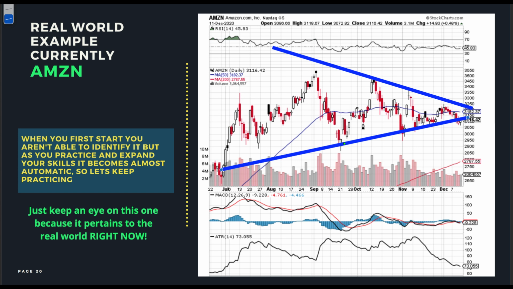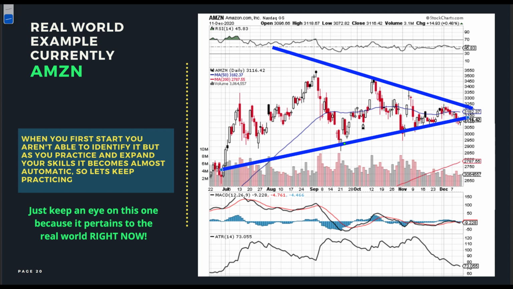It's only obvious after the fact, just like everything else. Like say the market drops, you're like, oh yeah, that was obvious. I knew it was going to drop. Even though, did you know it was going to drop before it happened, right? So everything's obvious after the fact. It's all about actually being able to identify these things before they happen, which is going to separate you from